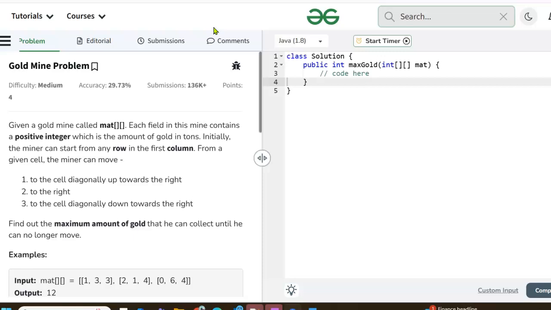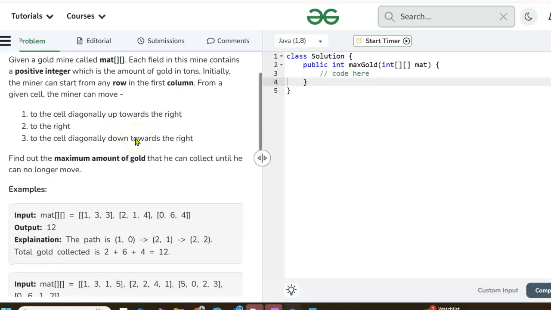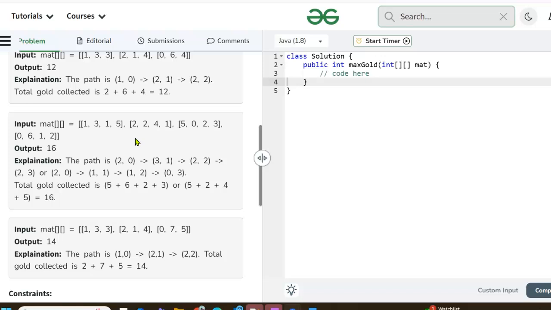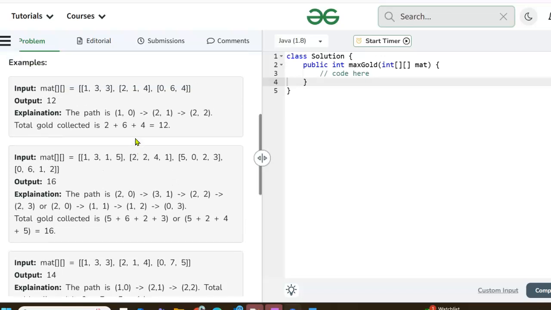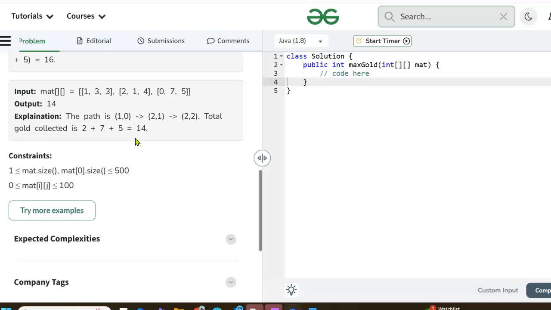From a given cell, the miner can move to the cell diagonally up to the right, to the right, or the cell diagonally down to the right. Find the maximum amount of gold that he can collect until he can no longer move. There are some examples here that are a little bit hard to figure out without sketching them out,